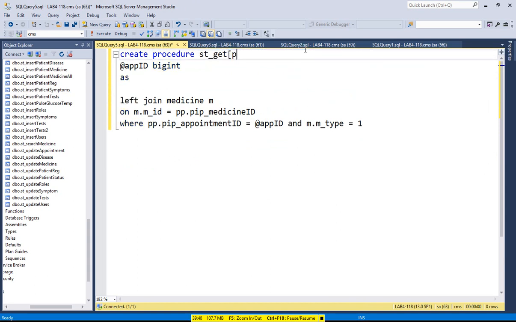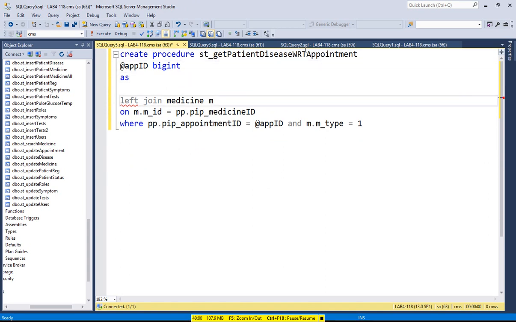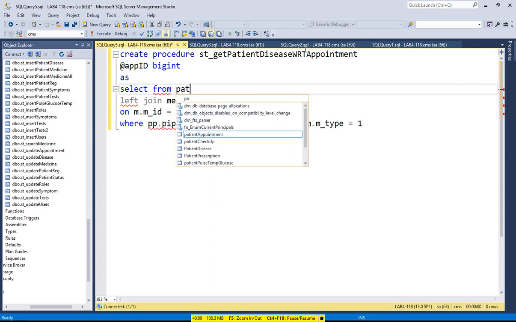Get diseases. So get patient disease with respect to appointment. Okay, and then the appointment ID, and here you can specify select from patient diseases,